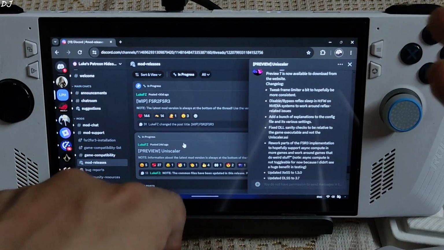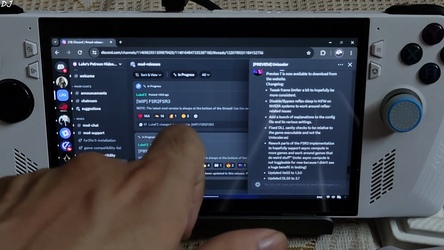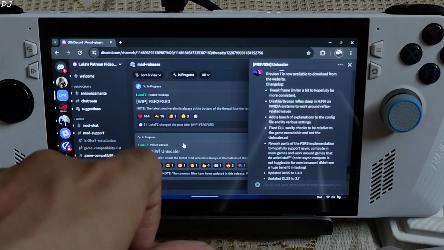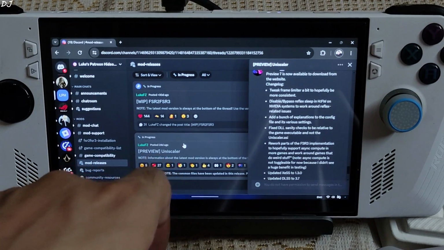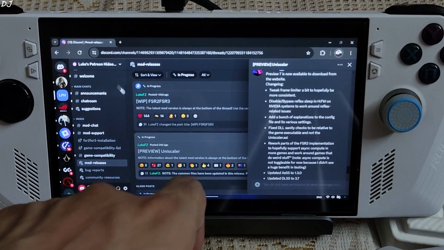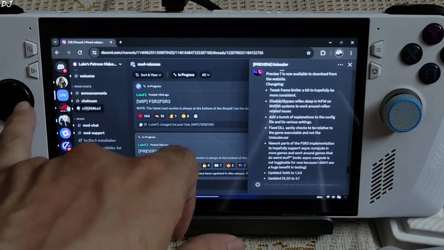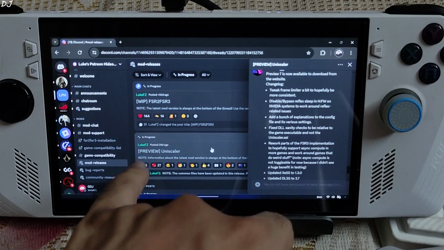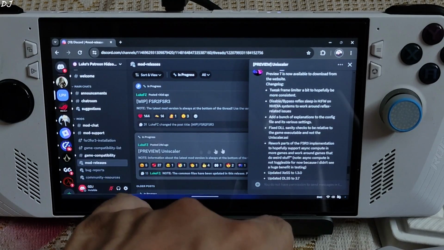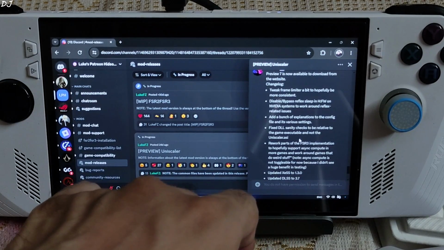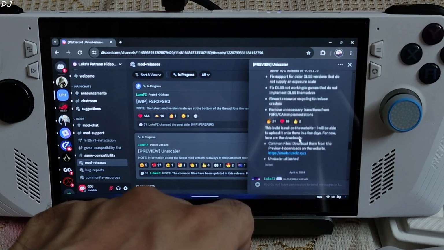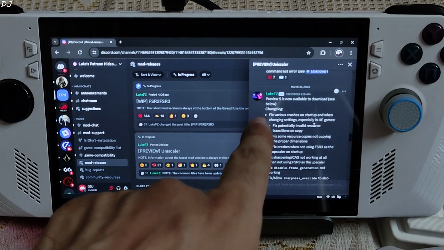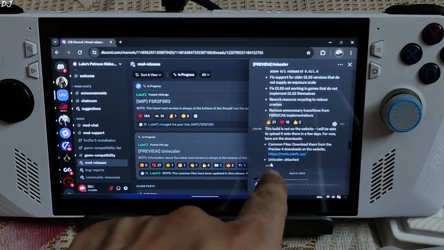You need to subscribe to Lukefz's Patreon in order to gain access to their Discord server where the mod files are present. Their monthly Patreon subscription costs around $6 in order to download the mod. And just open their Discord server. Here it is. Then click on mod releases under mods. Then click on preview Uniscaler. Here look for preview 5 builds update log. There it is. Then click on this link